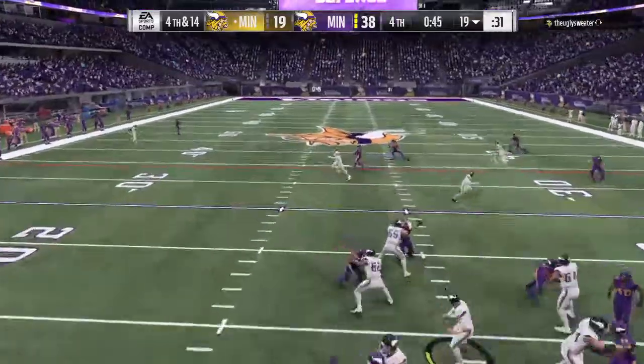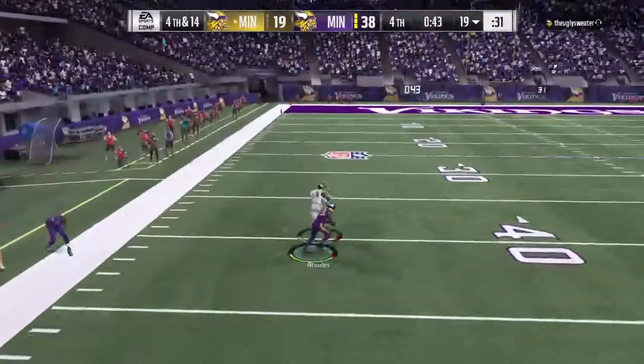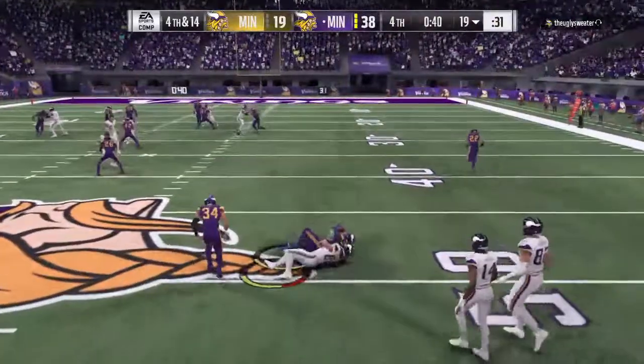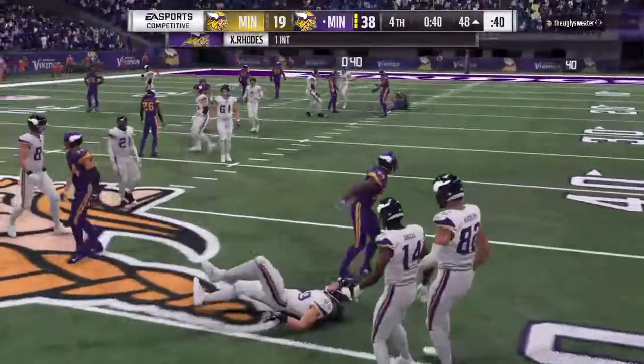Desperation time for Keenum on 4th. He's going to let it fly. Looking for Diggs, and it's intercepted. Xavier Rhodes with a pick, and he'll take it across midfield,